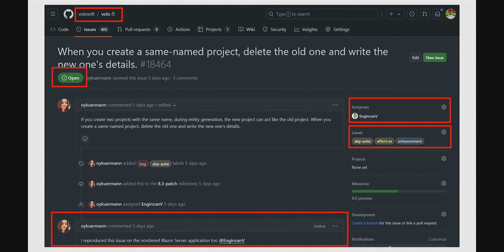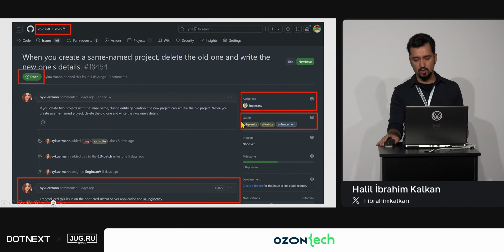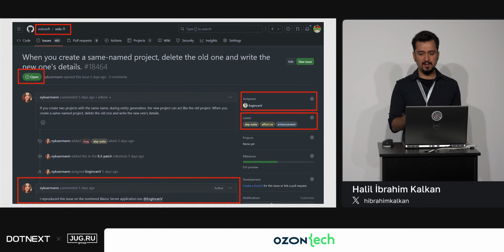As an example, I will use the GitHub issue aggregate. Here you see we have a repository. This is the issue body, issue text, title, and a state like open or closed for the issue. It's assigned to someone, it has some labels, and it has some comments. So this is the model. We will talk about this today.